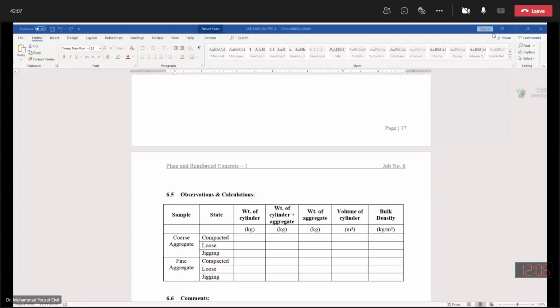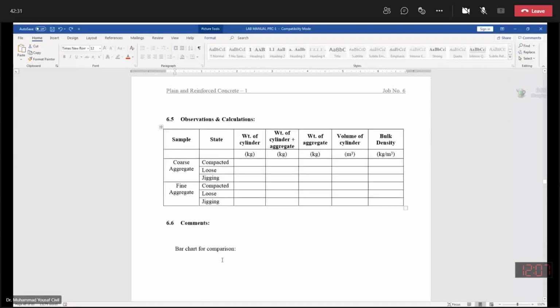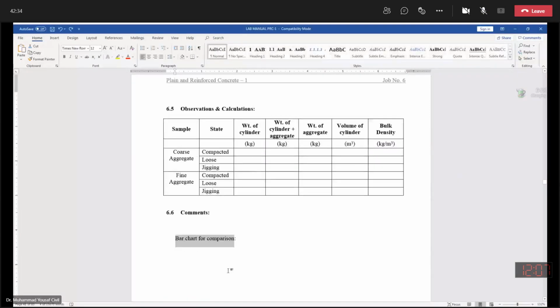You're welcome. Okay. So till this stage, you are having no observations, so we will move further. Now you can see compact density, that is obtained through compacted effort, that will be more as compared to the other ones. So what will you do? You will prepare a bar chart for the comparison purpose. You will prepare a bar chart, and then considering the minimum value as reference, you will tell that